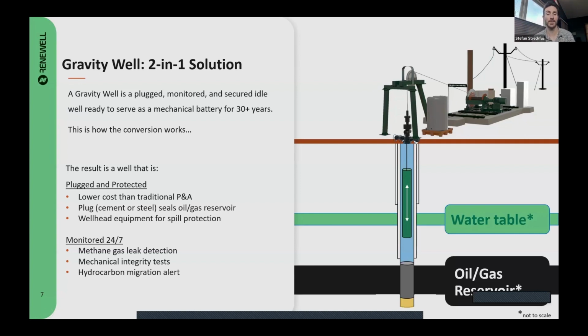And it creates this new setting where a totally novel level of transparency and visibility is achieved, because we're going to have these monitors running 24/7. We do a ton of physics modeling in the background to make sure that we would never rub a hole in the casing, that we would never cause any meaningful damage to the well. However, in the situation where it does occur, we will know within minutes, and we'll have the ability to then trigger remediative efforts immediately thereafter,